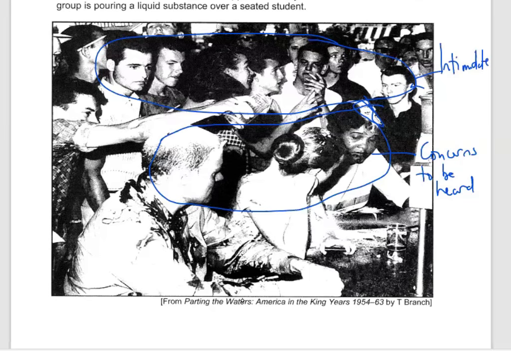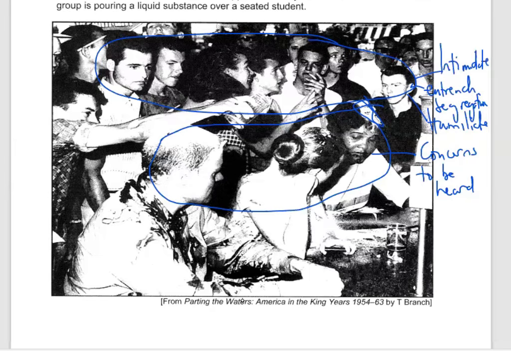Or in other dimensions, we can say they wanted to entrench segregation. They wanted segregation to continue by threatening these guys who are having a sit-in. Or we can say they wanted to humiliate them in another dimension. You are seeing they are pouring a liquid there to humiliate this guy. They wanted to humiliate them. That is what we can highlight there.